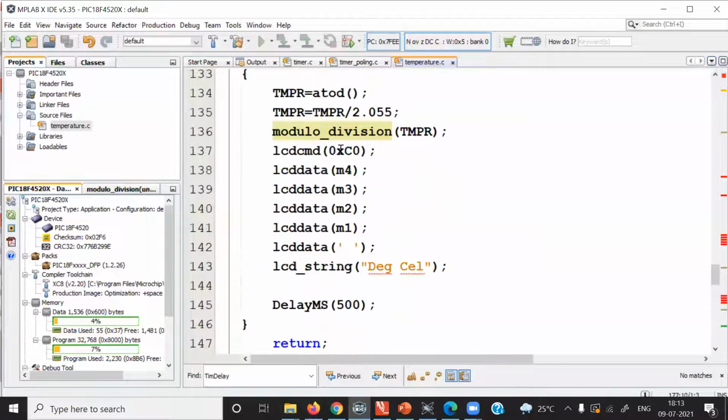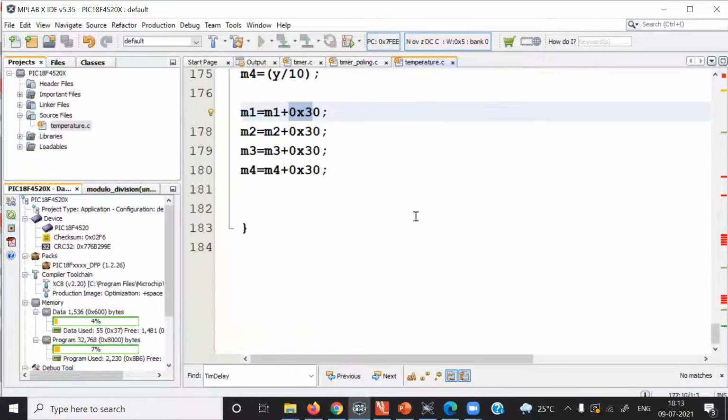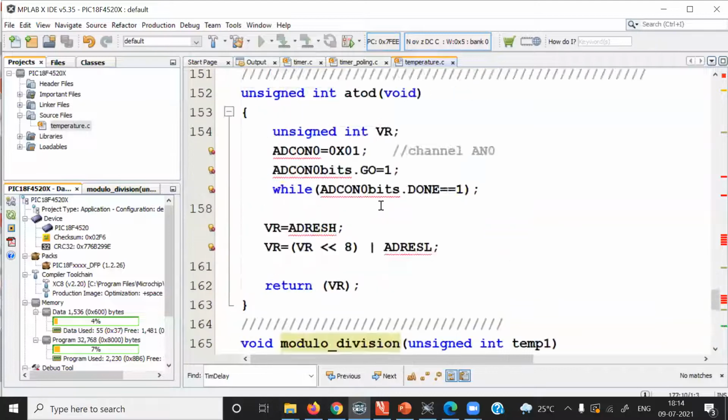So after separating out the digits, I am putting the cursor on the second row so that the temperature is displayed on the second row. So each ASCII digit I am displaying on the LCD display starting with the most significant digit M4, M3, M2, M1. Our separated digits are saved in M1, M2, M3, M4 variables, and the M1, M2, M3, M4 variables are global variables.